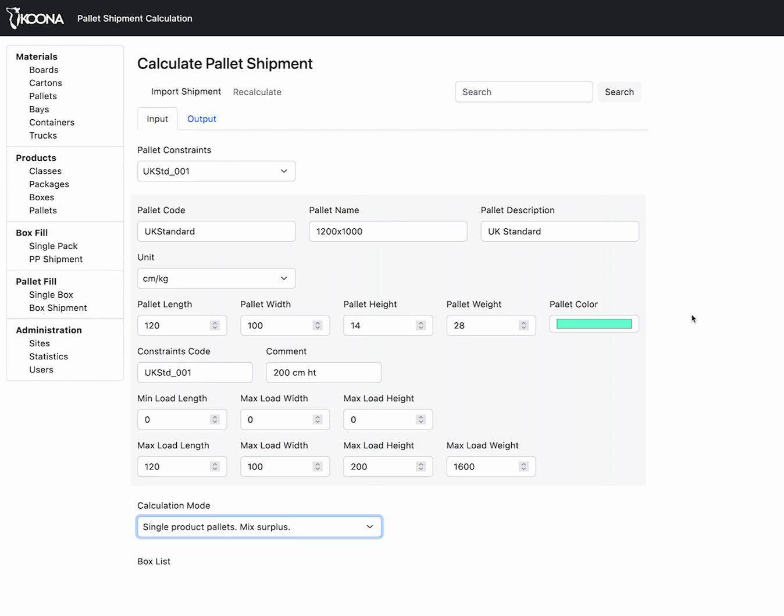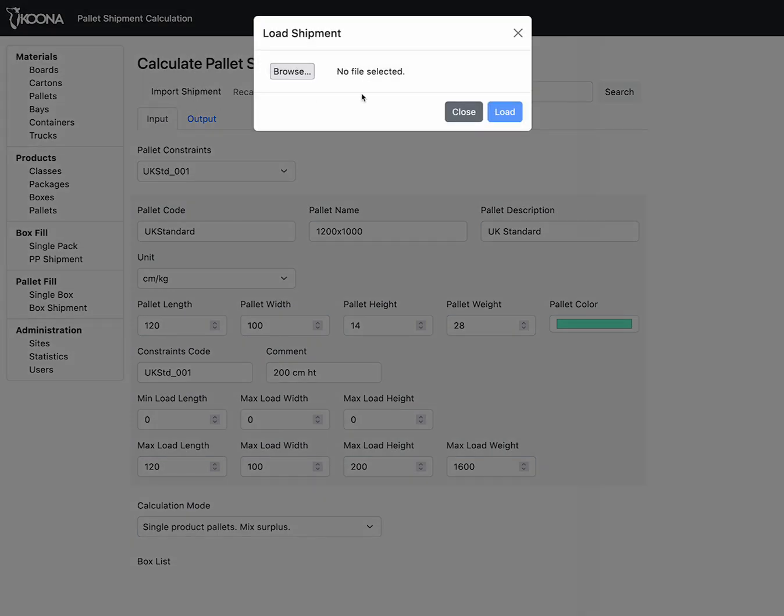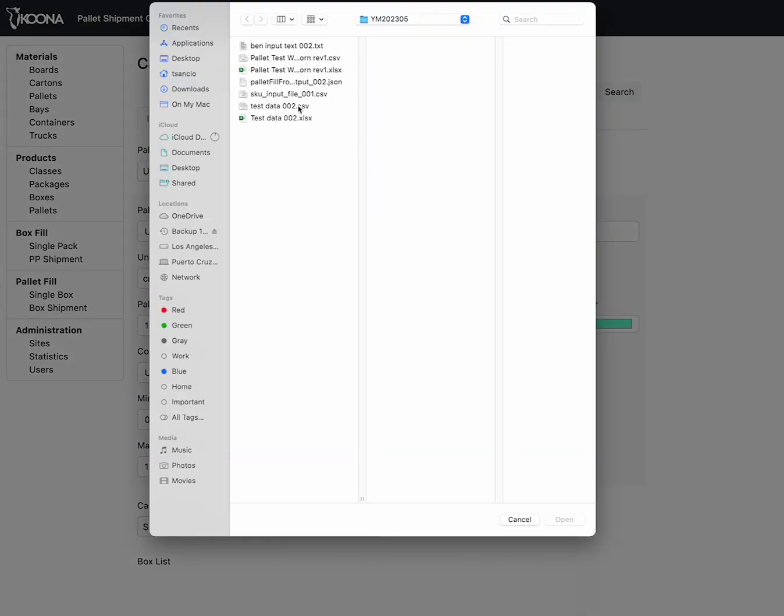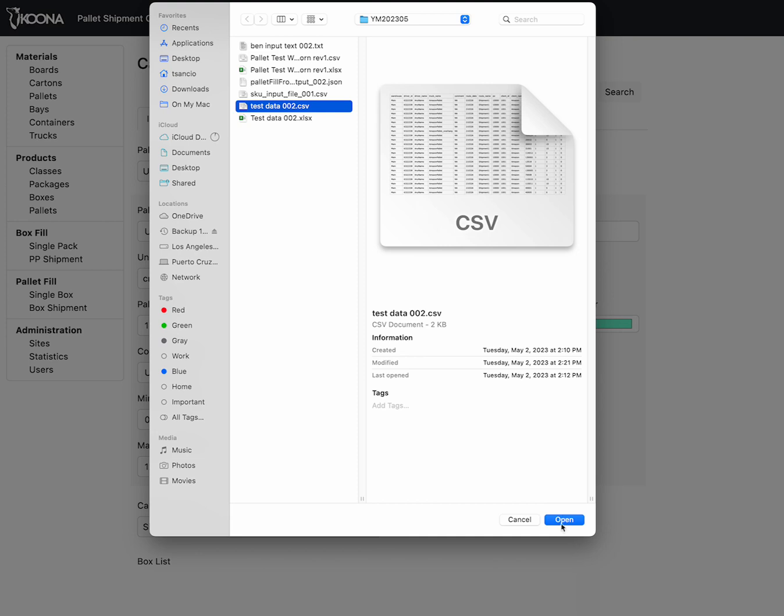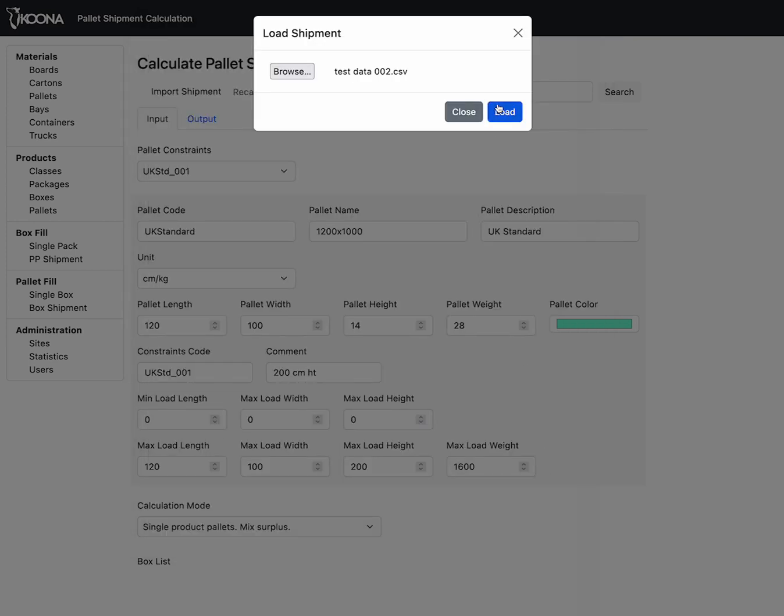Finally, we will load the list of boxes that we want to ship. We had created the SKUs previously, but now we will load the amount and code that we want to create in the pallet shipment. So we click on import shipment, we look for a file, and this is a shipment file. We open it, load it,